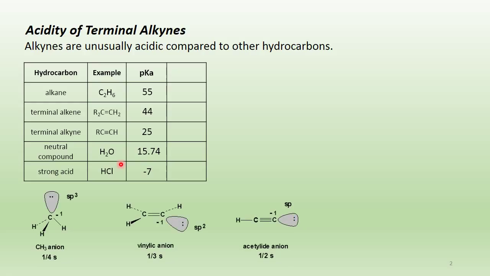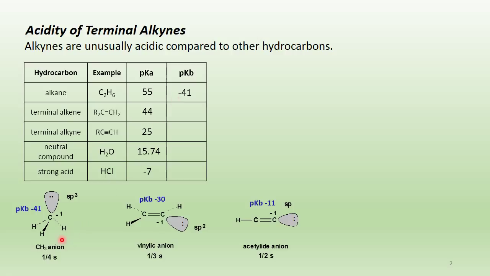Now, I've drawn here the structures of the anions of an alkane, an alkene, and alkyne. As we've seen with many other acids, the key to understanding the acidity of an acid is really to look at the basicity of the conjugate bases of those acids. So I've listed here the pKb of the anion of an alkane, the anion of an alkene, and the anion of an alkyne. If we do the calculations, the pKb is 14 minus the pKa,